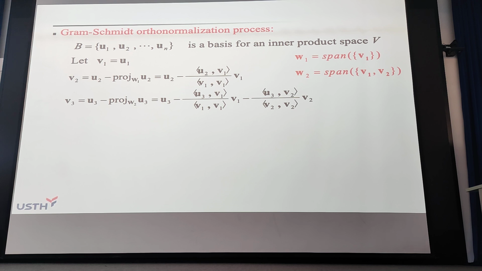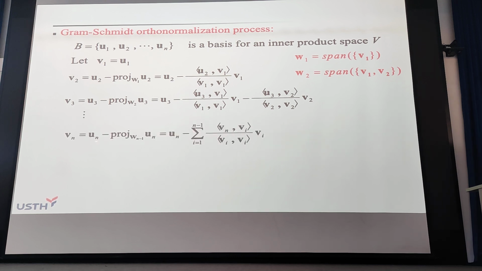With that, you get V2 orthogonal to V1, and V3 orthogonal to V2 and to V1. So up to that step, we have V1, V2 and V3, three vectors that are orthogonal to each other. Then if we continue this